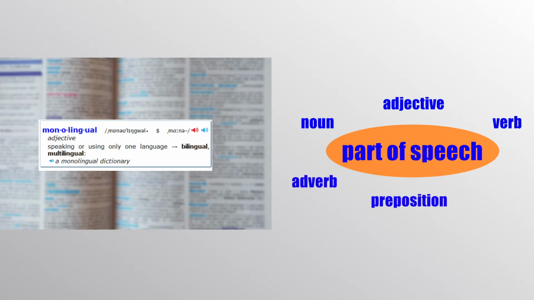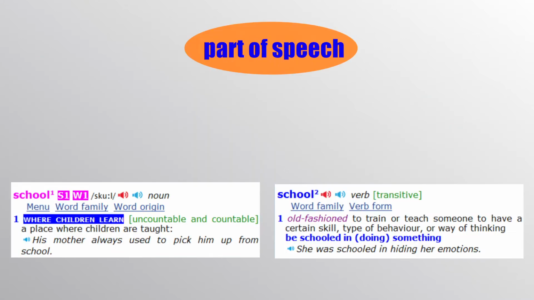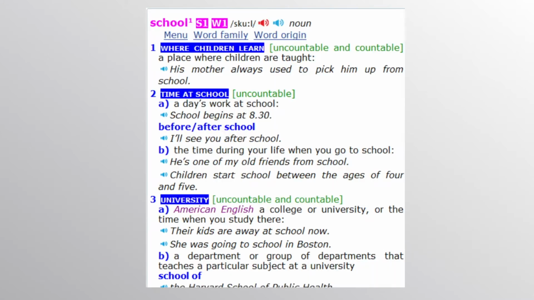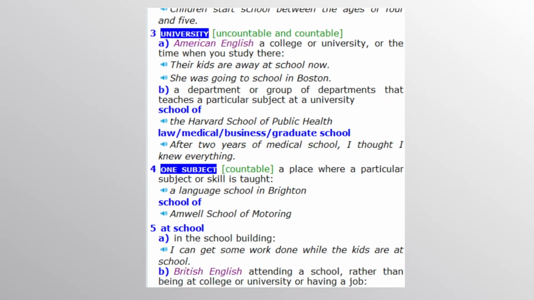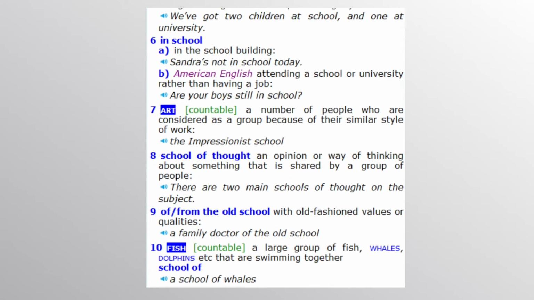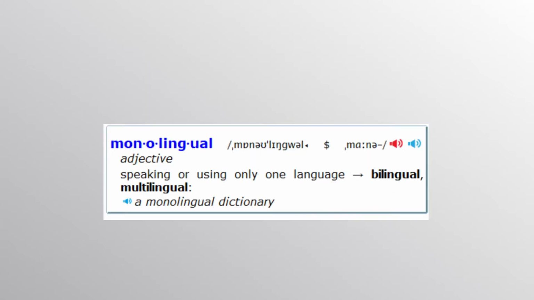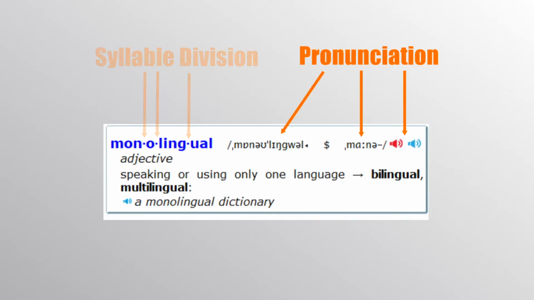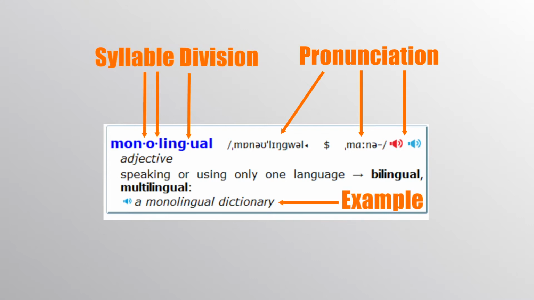But it also provides you with much more information than that. It tells you what part of speech your word is. Is it a noun, an adjective, a verb, or maybe an adverb, a preposition, or a pronoun? Well, in this case, it's an adjective. And quite often a word can function as more than one part of speech. The dictionary also informs you about how many different meanings a word has. It lets you know how to pronounce and divide the word correctly. And it also shows you how a word is commonly used.